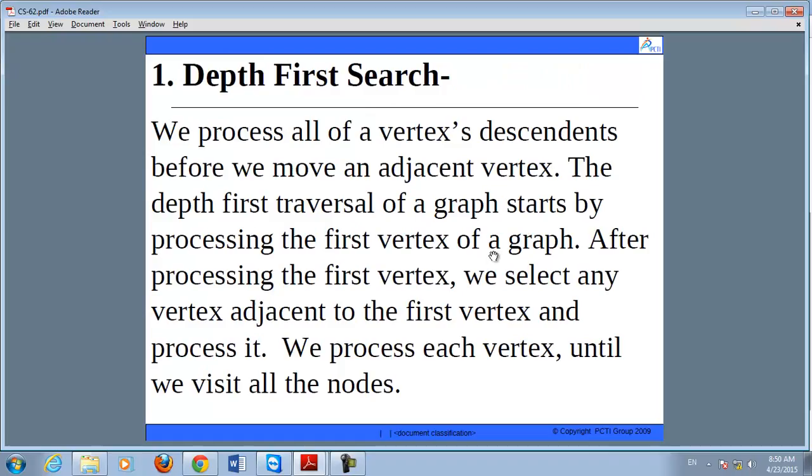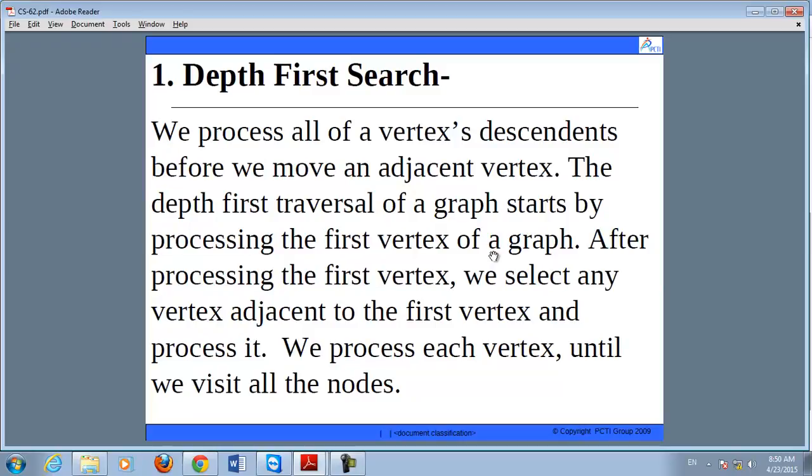Now what is DFS and what is BFS? In DFS, all of a vertex's descendants are processed before moving to the adjacent vertex. It means in DFS traversal of a graph, it starts by processing the first vertex of the graph, and after processing it, we select a vertex adjacent to the first vertex and process it till the end.